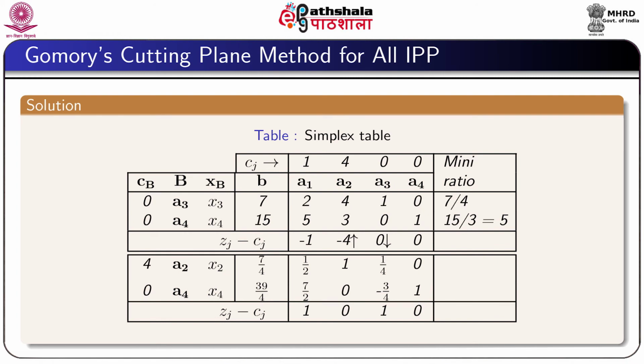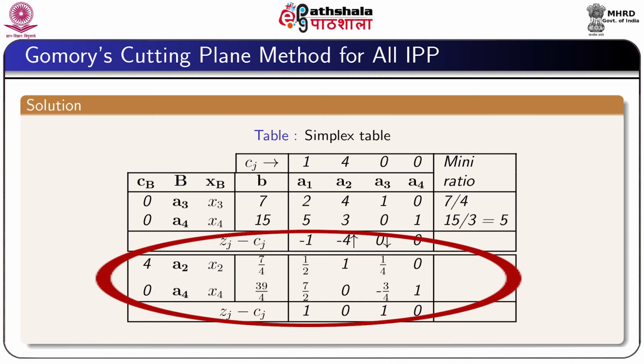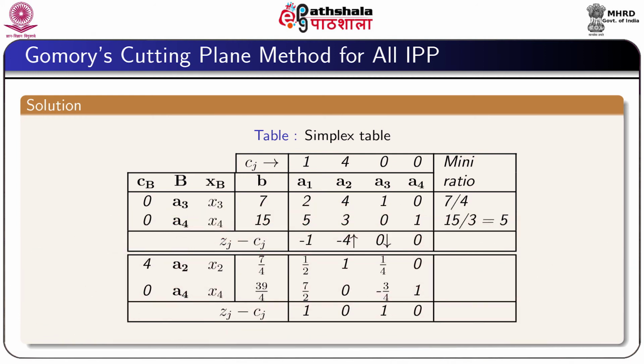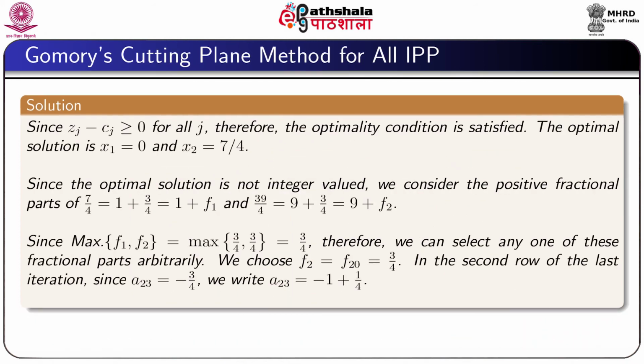And from the second iteration of this table, we see the result as x2 equal to 7 by 4 and x1 equal to 0. Since the optimal solution is not integer, that is x2 is not integer,